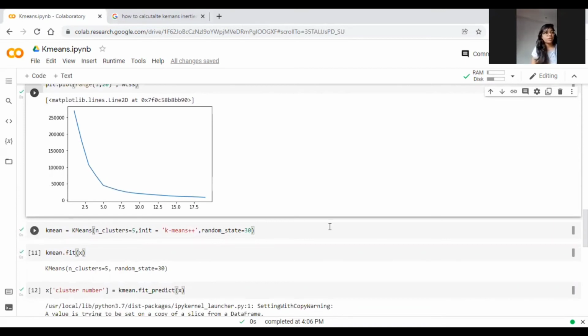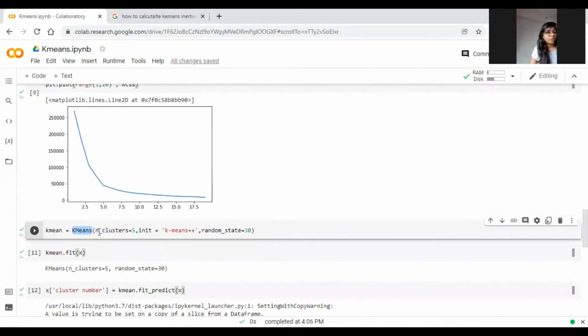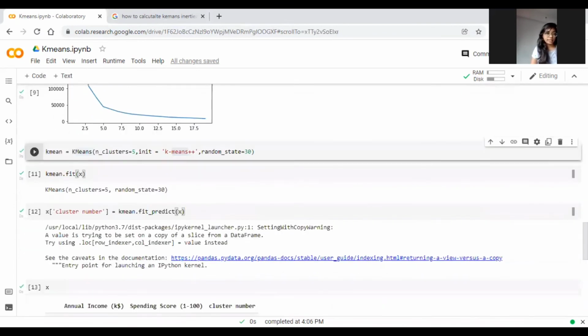So here we have used the K-means algorithm. We have given 5 as the number of clusters, as the K value. The algorithm which we are using is K-means plus plus, and we are going to fit that K-means on our X and create the clusters.